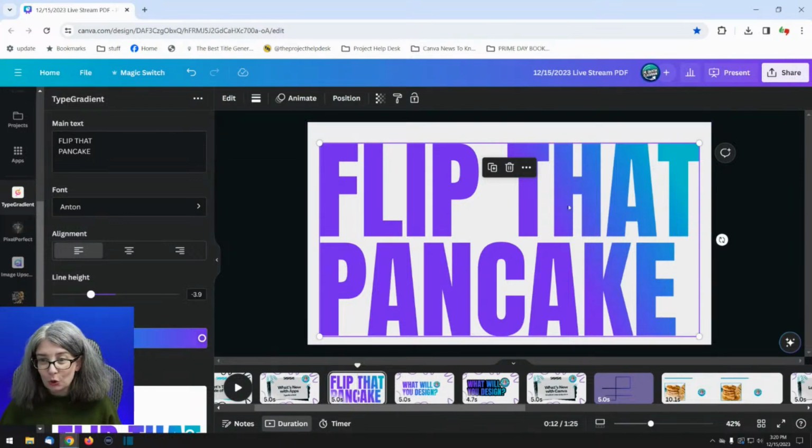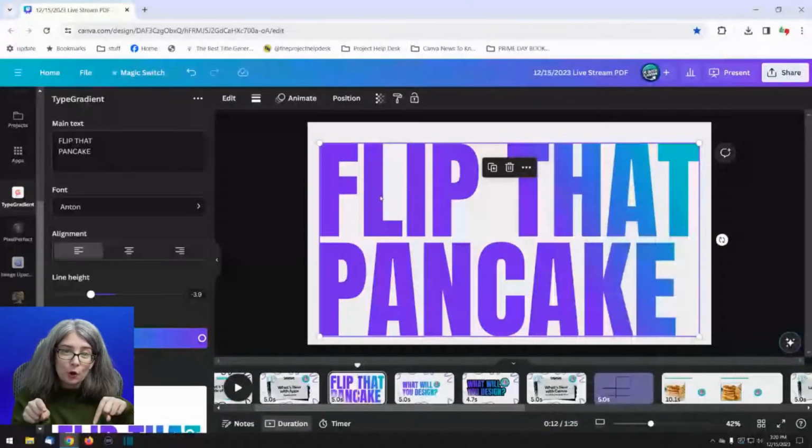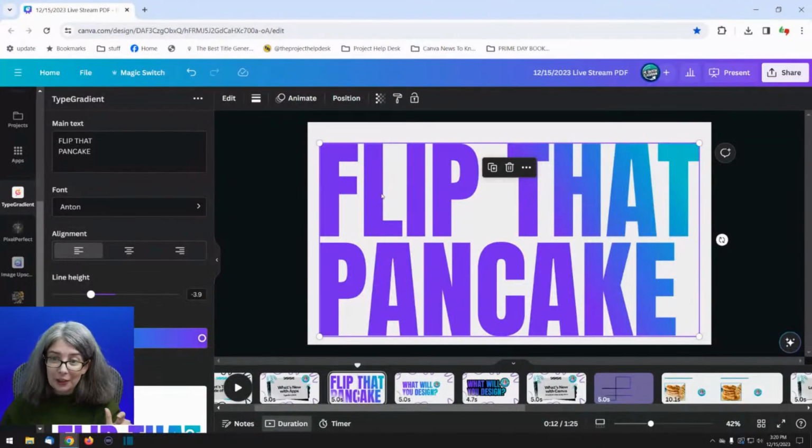You're going to right-click these words. And this trick works for type gradient for this specific thing. It's not going to work for other things unless you have more than one thing grouped together, but it will work for this.